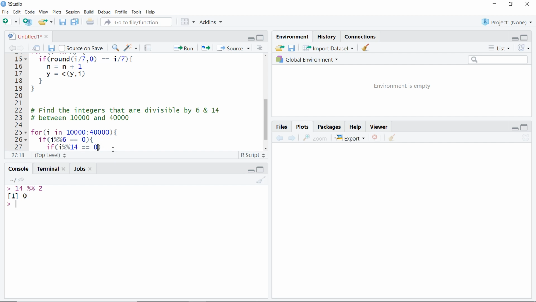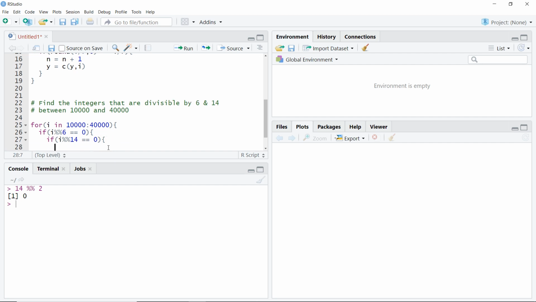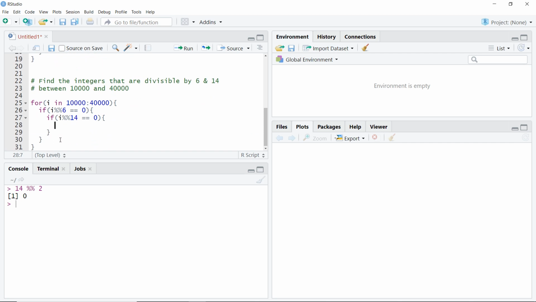Again I am comparing, that is why double equal to. And I'll open another bracket and press enter. You will see as we open a bracket, we'll have our close brackets also. So this is something that RStudio does directly. So we don't have to worry about how many brackets we have opened and how many brackets we have closed.